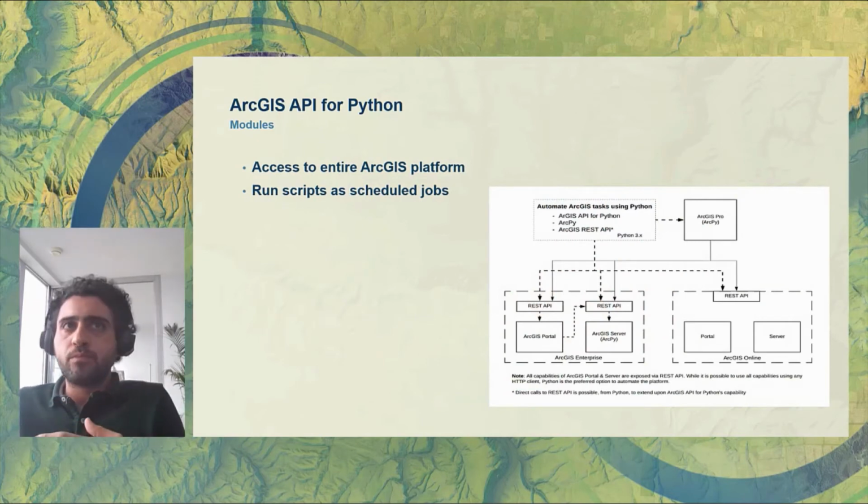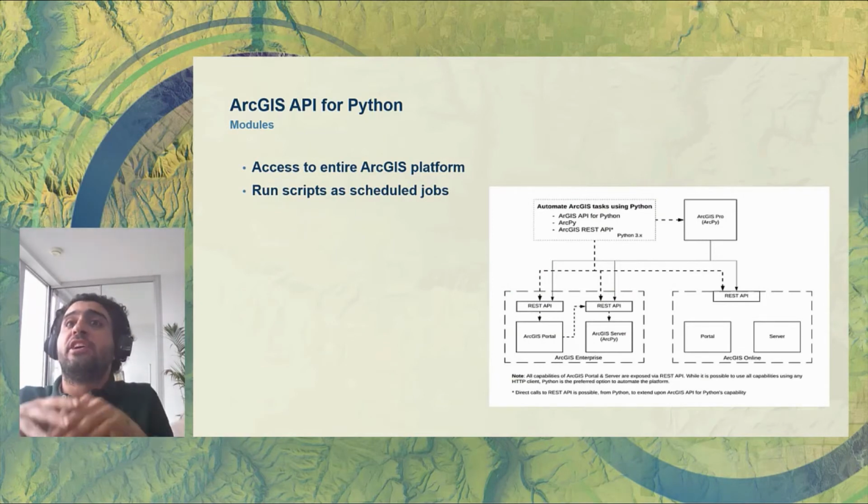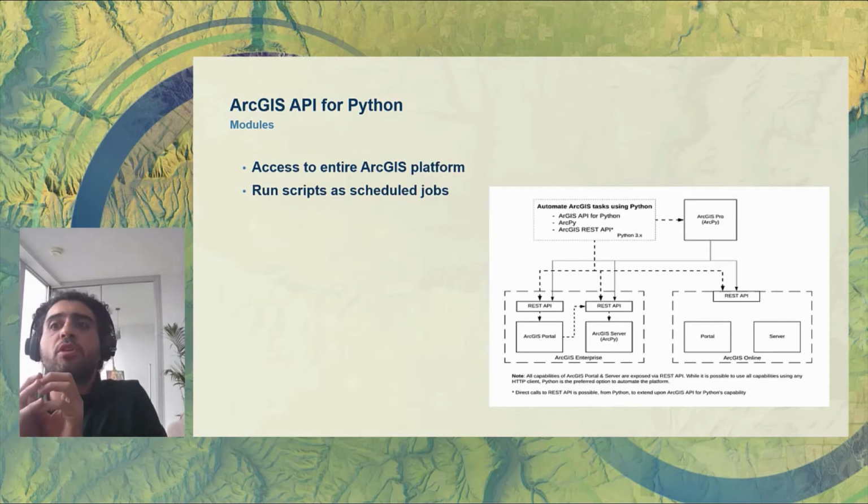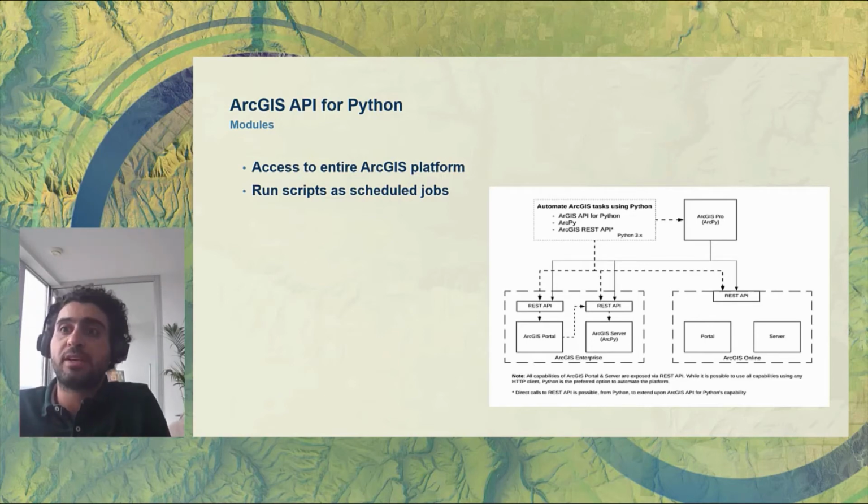So within these models, the ArcGIS API for Python will enable you to access the ArcGIS platform or system in general. You might be working with desktop components, with enterprise components, with online, with different services. You might be working with only one piece or the whole image, and the ArcGIS API for Python, along with ArcPy for desktop, whoever is familiar with that, will give you a powerful, handy tool to tap into all